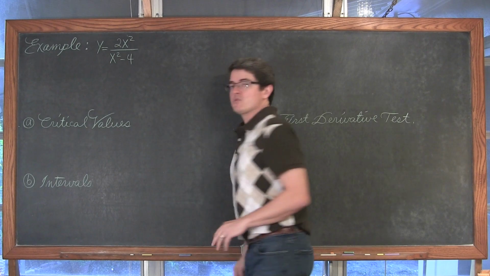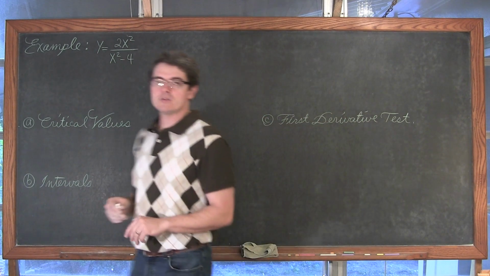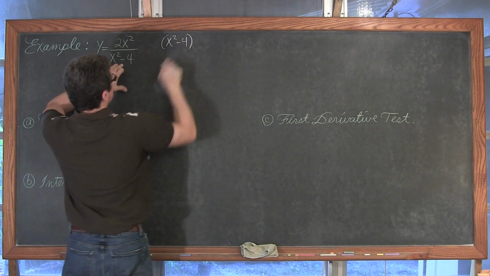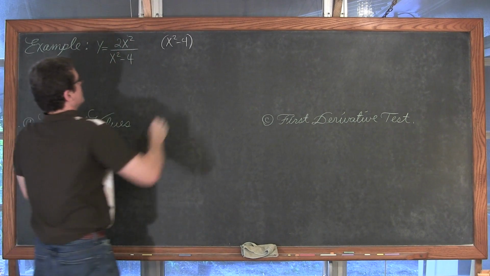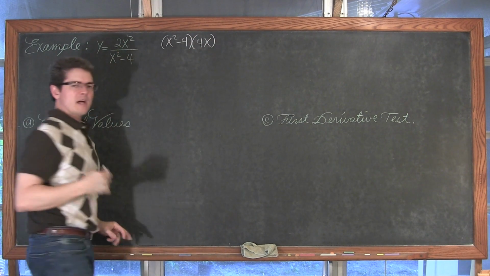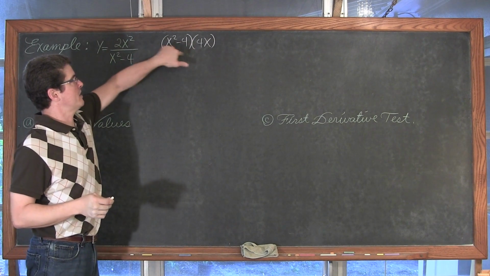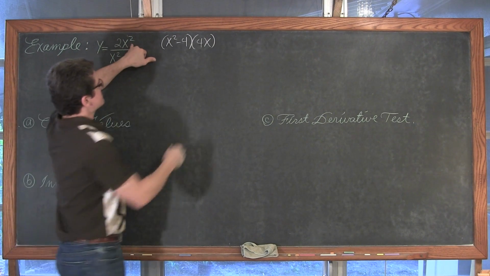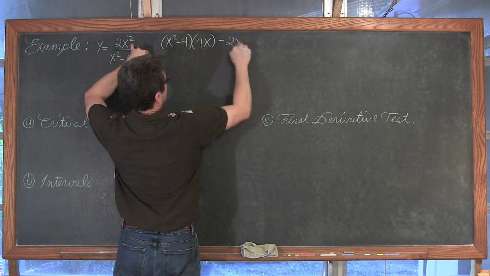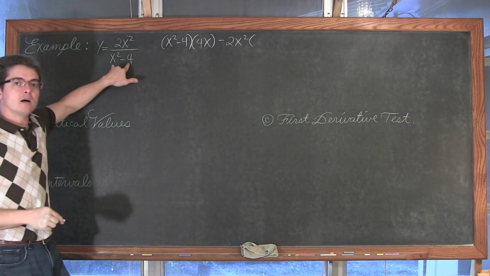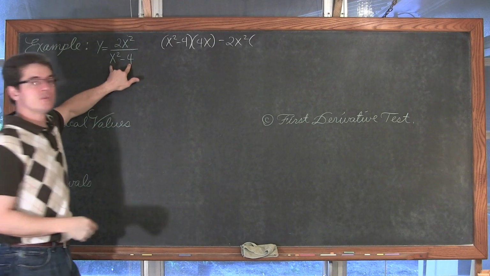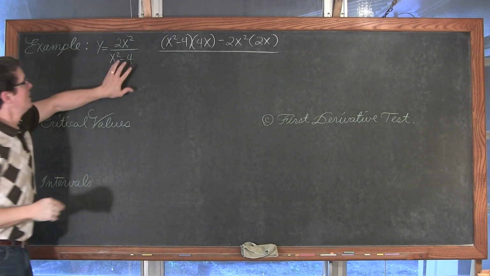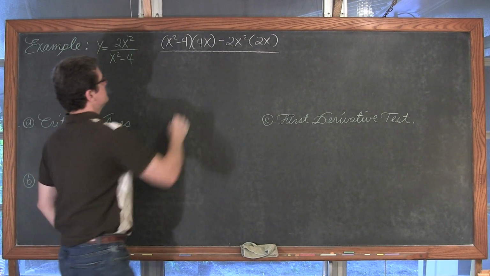So we need to find the derivative of this quotient. That means we need the quotient rule, and that means that we're going to take the denominator, which is x squared minus 4, multiply it by the derivative of the numerator, which is going to be 4x. Using lots of parentheses because I have multiple terms here now and I want to make sure my distributive properties work and I have everything correct. Minus the numerator, which is going to be 2x squared, times the derivative of the denominator, which is going to be 0, so we just have 2x. That's only one term, so I didn't really need the parentheses there, over the denominator squared.